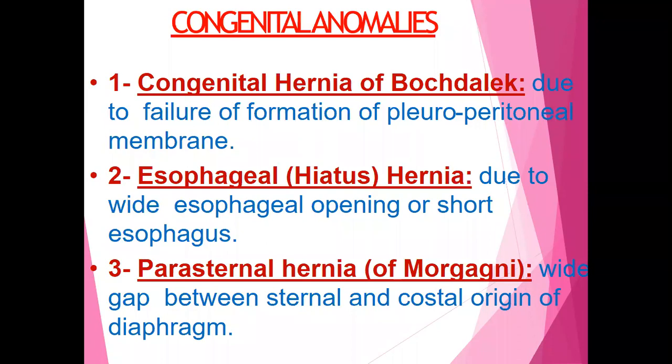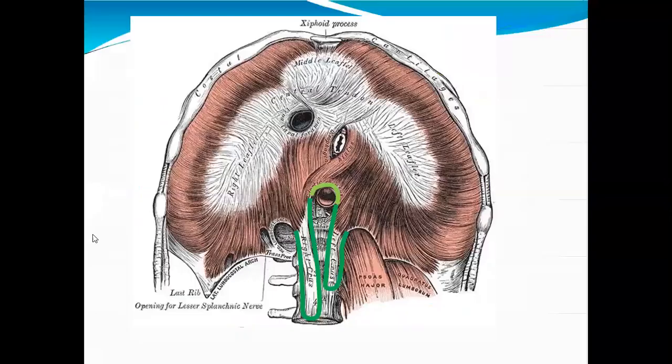Okay. So here, this is the diaphragm, this is the muscular part, and we have the tendinous part. We have the various openings, the main openings: the inferior vena cava, the esophageal opening, and then the aortic opening for the aorta, and these are the crura, the right and left crura of the diaphragm.